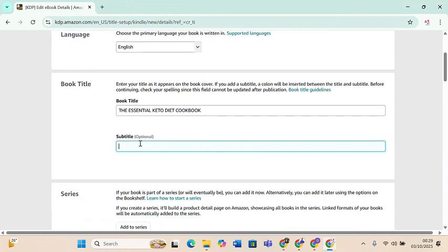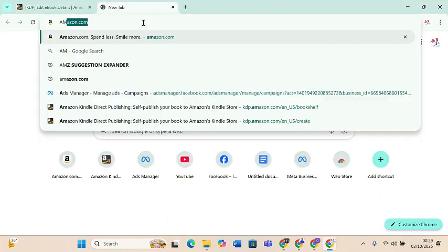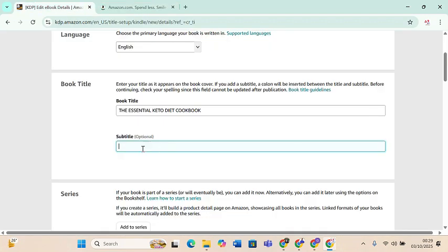So this particular subtitle, how are you going to be getting it? We are going to go to Amazon.com. When we get to Amazon.com, there are some add-ons that we are going to add for us to get the keyword that we are going to be using here. And the subtitle,